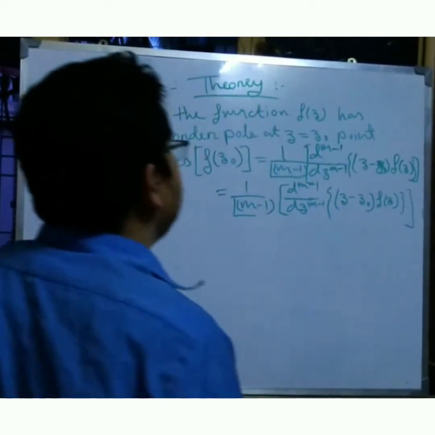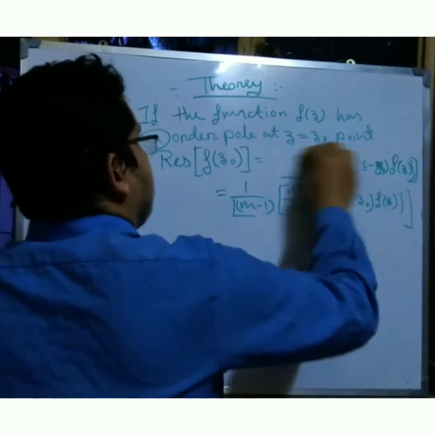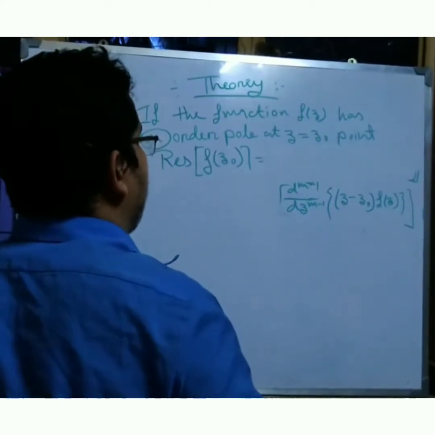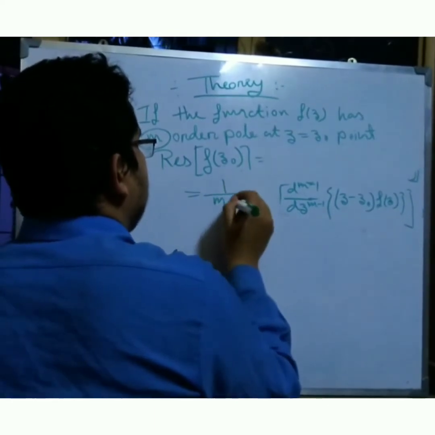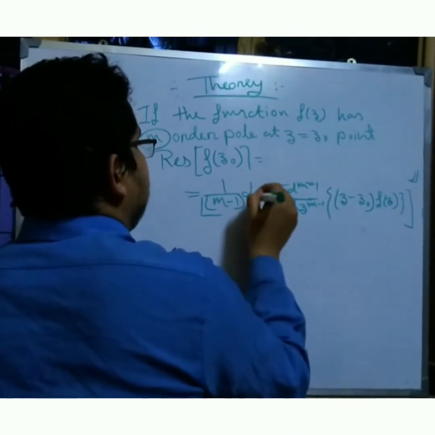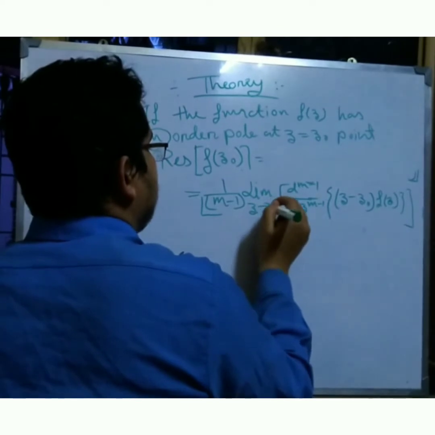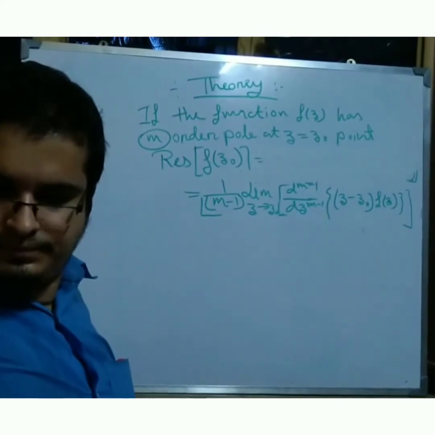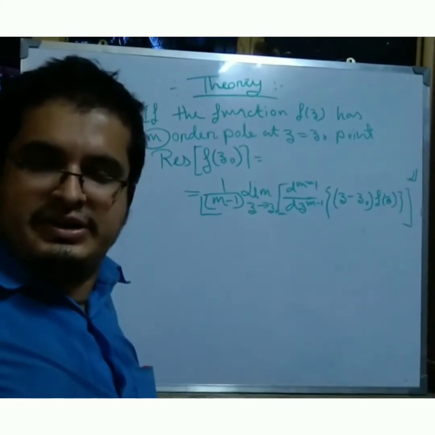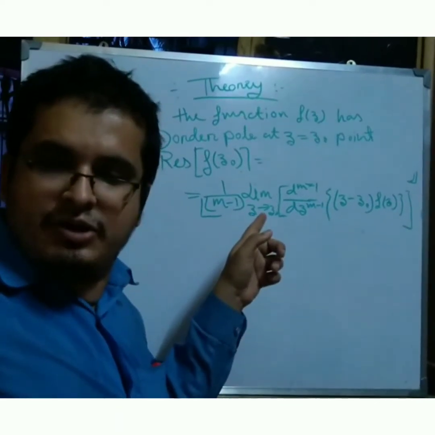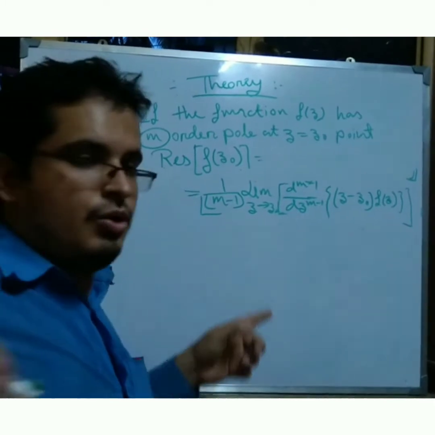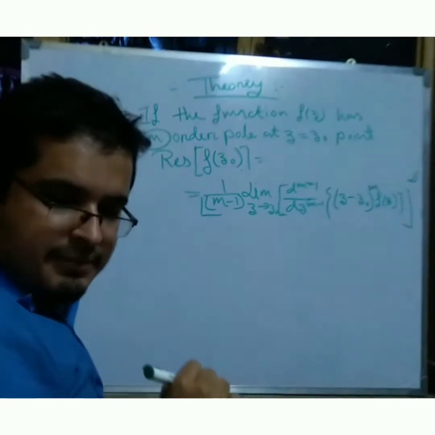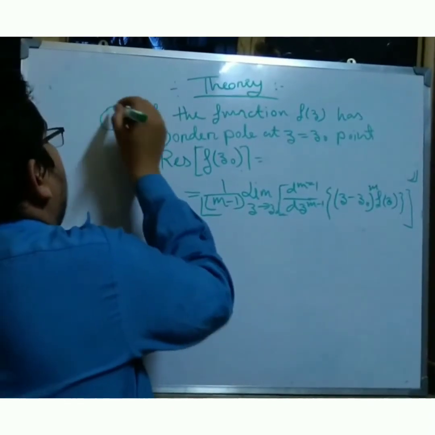One fact: I remove this and write here the limit, 1 by (m minus 1) factorial, limit z tends to z0 of d to the power m minus 1 by dz to the power m minus 1, of (z minus z0) to the power m f(z). This is the first formula, and the second formula is